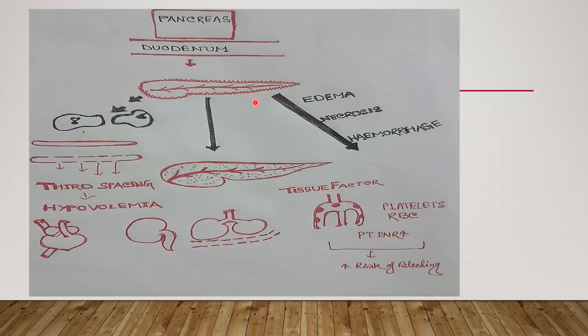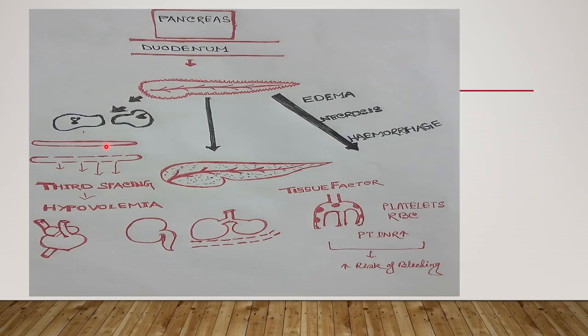In the local response, what happens? Edema, necrosis and hemorrhage due to inflammation of the pancreas. This is the local response: edema, necrosis and hemorrhage. And the other response is increased vascular permeability. This is the blood vessel. Here vascular permeability is not present,